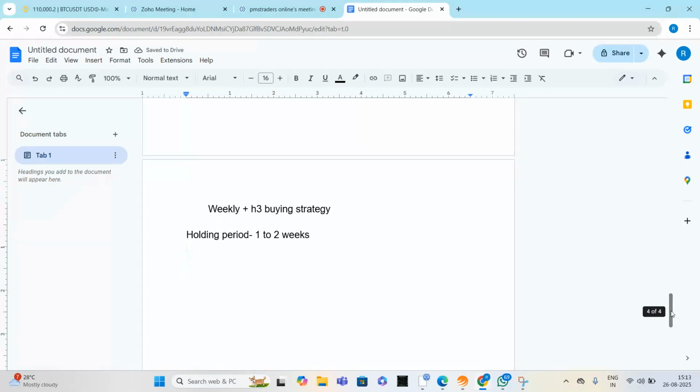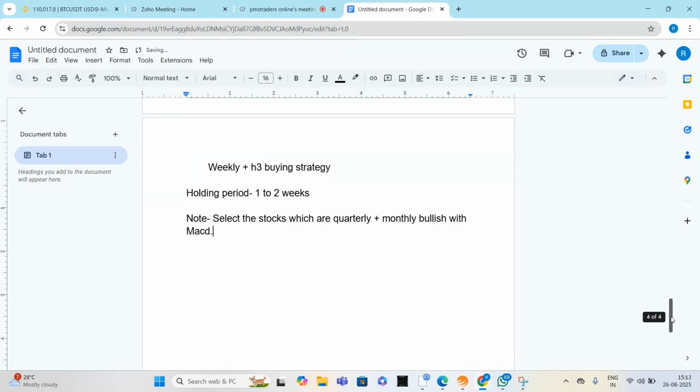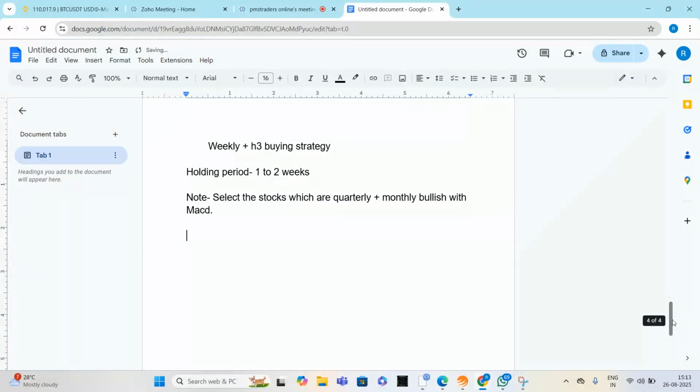We have to select the stocks which are quarterly and monthly bullish, with MACD. And in that stock, we will check the weekly condition. So even for weekly, we'll see that quarterly and monthly are in a bullish trend,